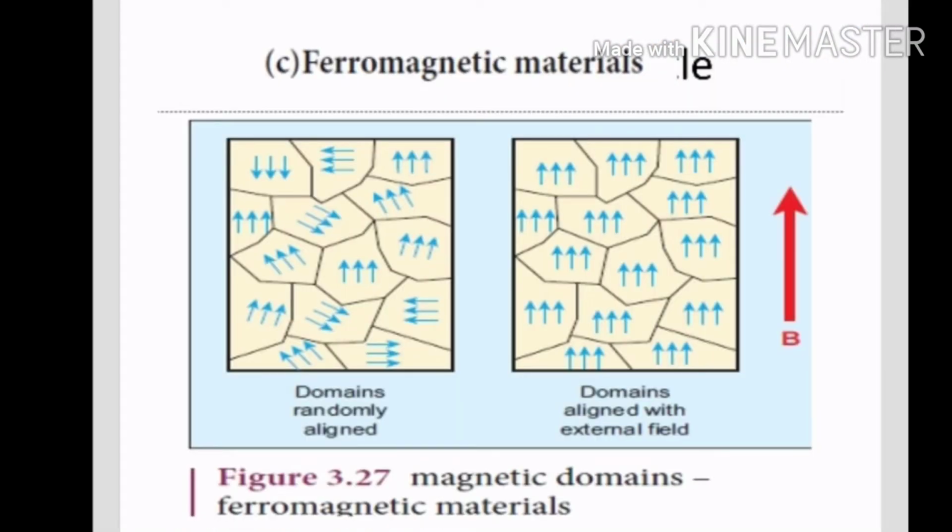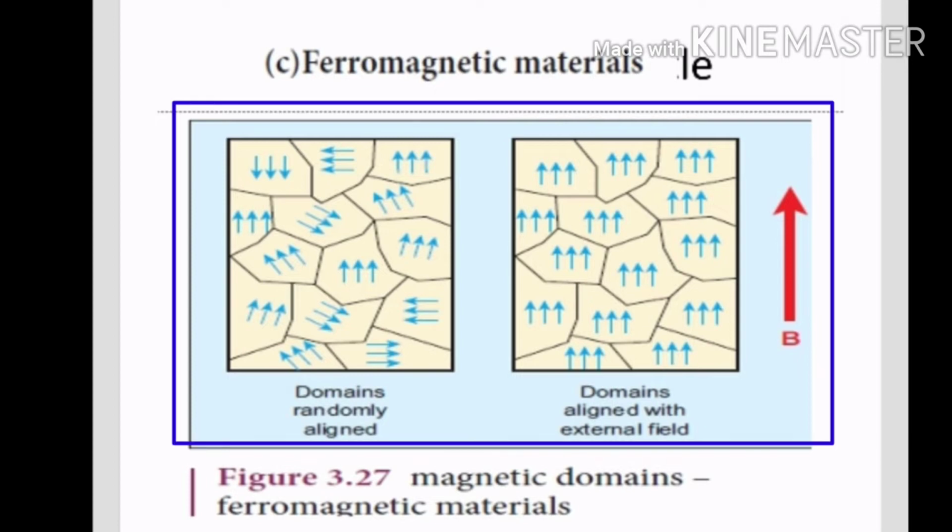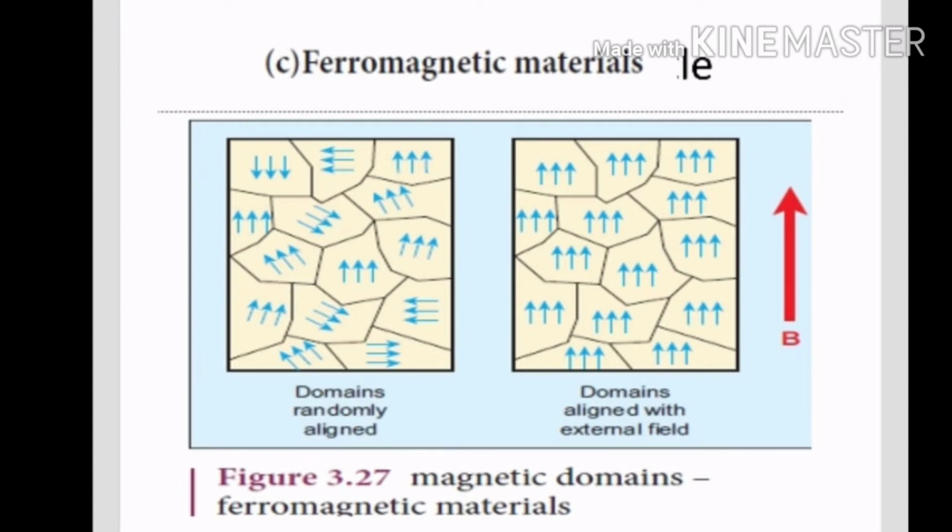Ferromagnetic material also possesses a net magnetic dipole moment, like paramagnetic material. A ferromagnetic material is made up of smaller regions called ferromagnetic domains, which is shown in the figure. Within each domain, the magnetic moments are aligned in the same direction due to strong interaction arising from electron spin. So each domain has net magnetization in a direction. But the direction of magnetization is different for different domains. Hence the net magnetization of the specimen is zero.